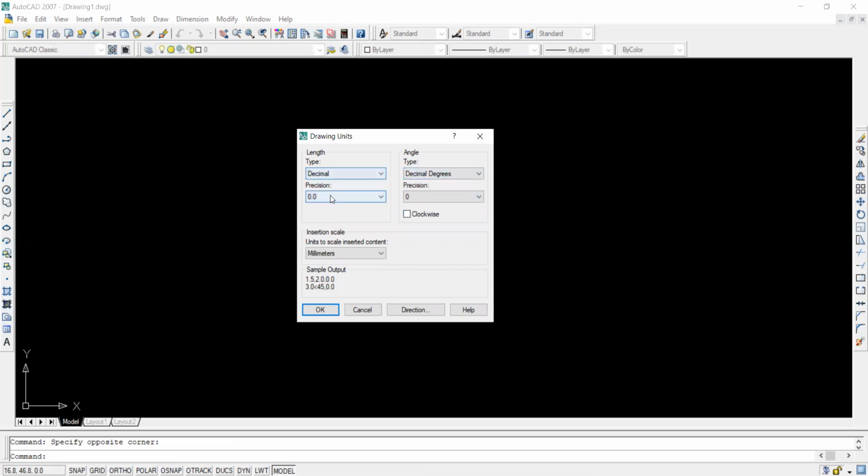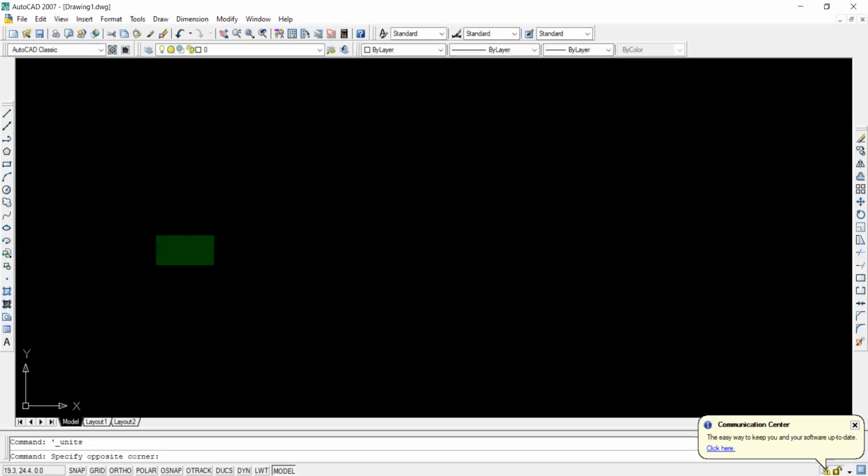I have selected decimal with 0.0 precision, angle with 0 precision, and the unit is millimeter. Okay, we'll go into detail about other commands also. There is no recording available, that's why I have recorded one more time. So this completes our first